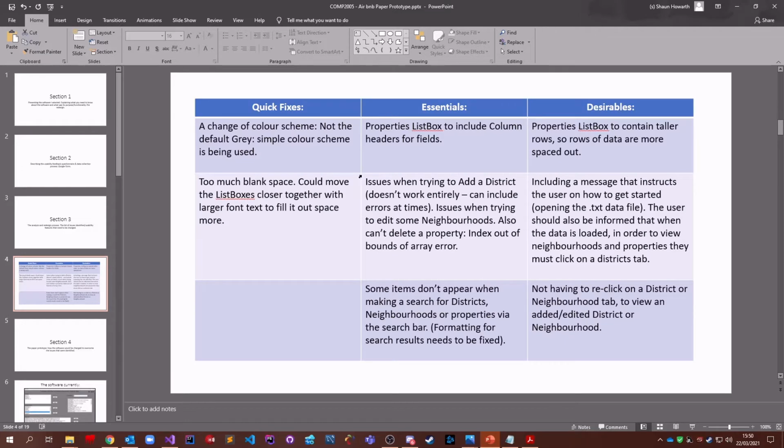Now on to section 3. So the list of things that I identified that needed to be changed or improved upon in terms of usability or functionality, I categorized into 3 things. So things that would require either a quick fix, something that was essential or desirable. So if you just give this a read,